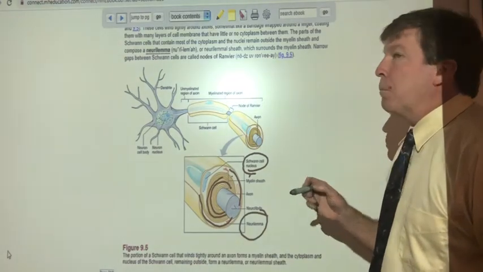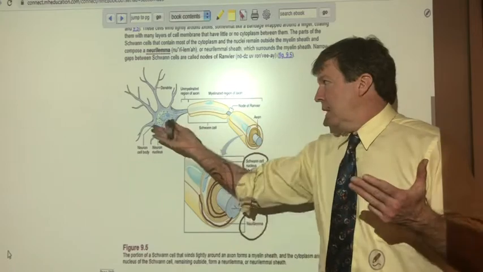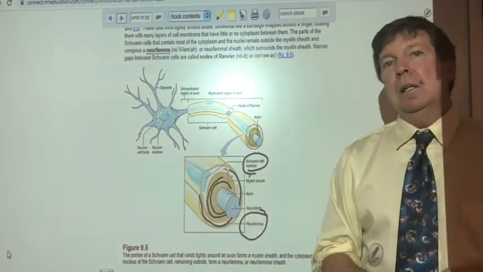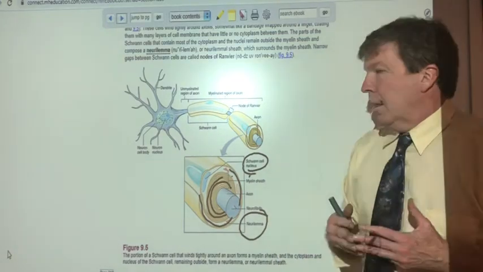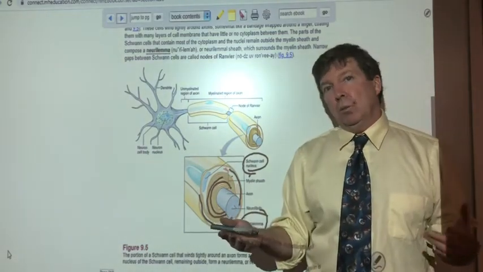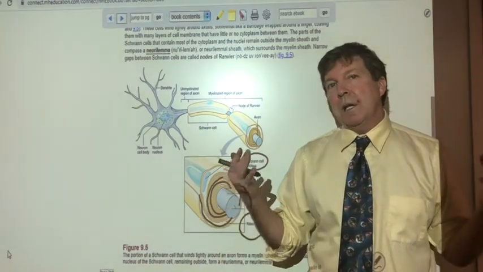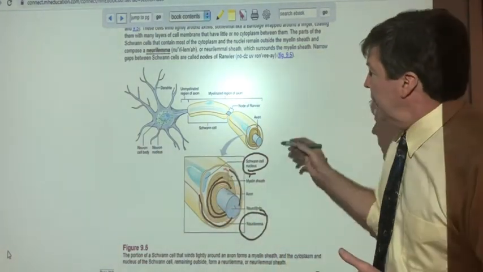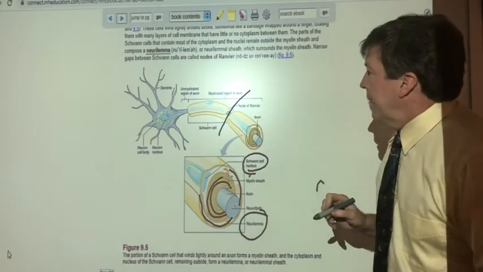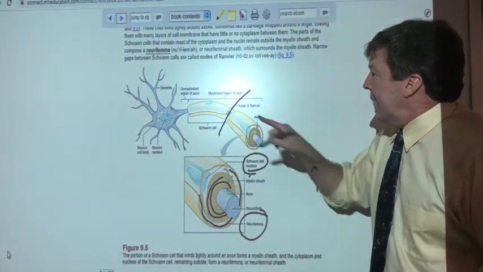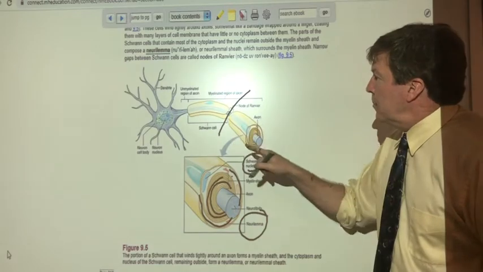So if you're in the peripheral nervous system and you're extending out, this cell body here is extending out its axon to, let's say, skeletal muscle. If there's an injury, which can happen all the time, like a deep laceration, a deep cut, what would happen if that axon is cut? If the axon is cut, we would separate